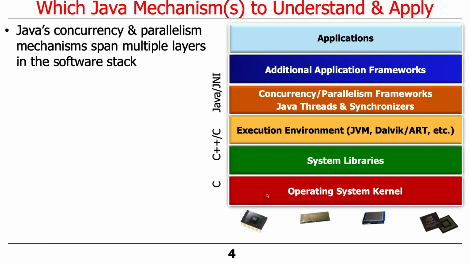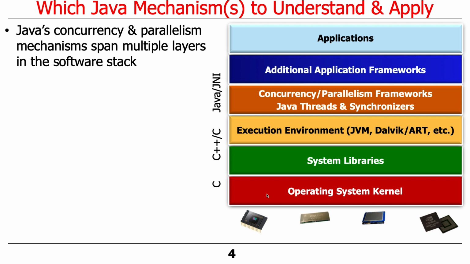So if you recall, the concurrency and parallelism mechanisms in Java span multiple layers in the software stack. There are some things that occur down at the operating system kernel level. We haven't really talked about those at all. These are things like low-level threading mechanisms implemented in C. There are system libraries that provide wrappers for those things, again, below the level of abstraction that we're talking about in